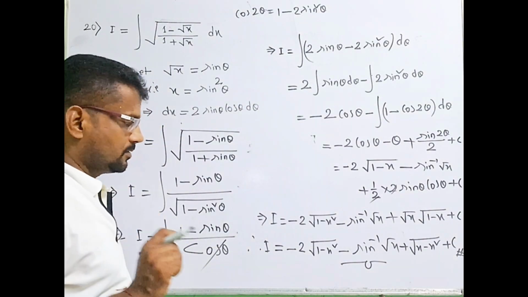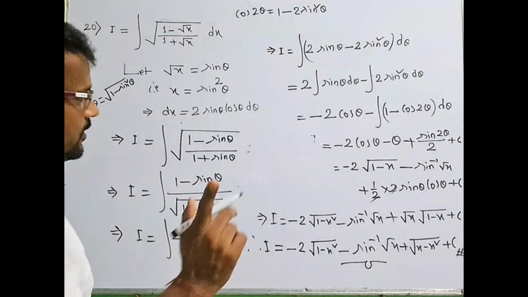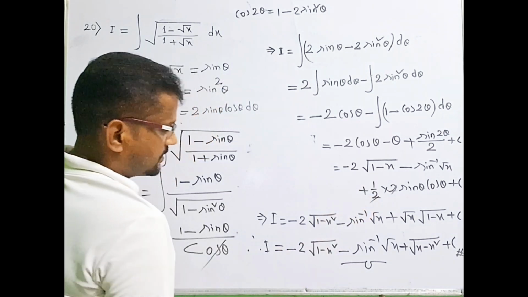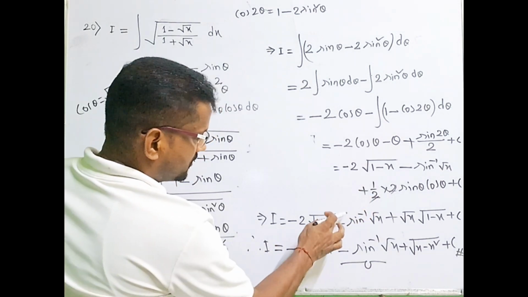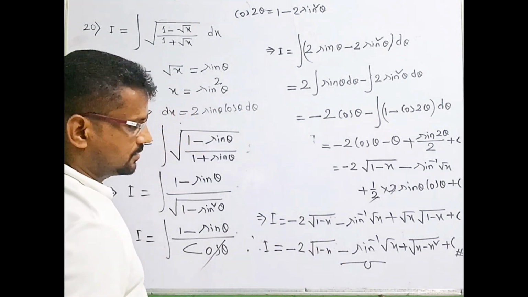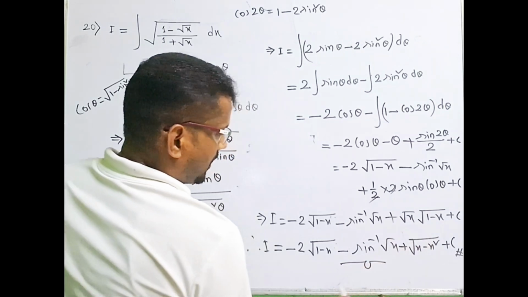Some mistake I have done here. Let me see where the mistake is. Wait, I am sorry. Here it is minus 2 root over 1 minus x. So minus 2 times root over 1 minus x, it is not x square 1 minus x. It is minus 2 root over 1 minus x. That is it. And here it is root x into